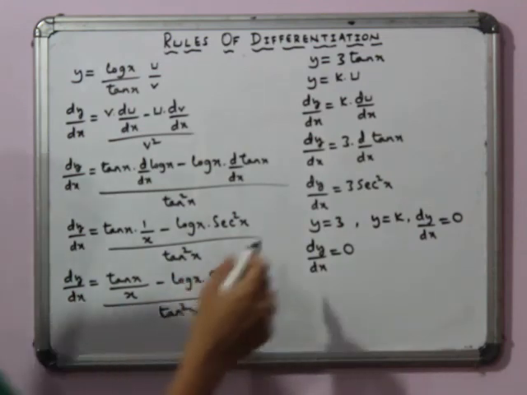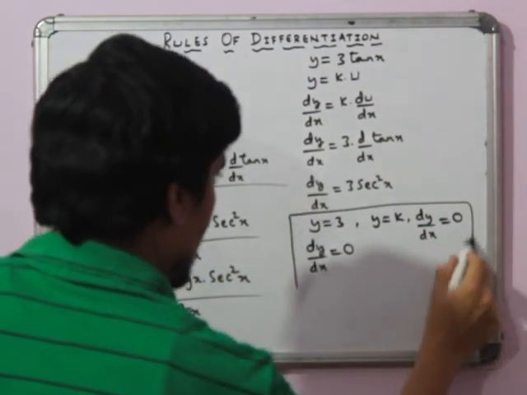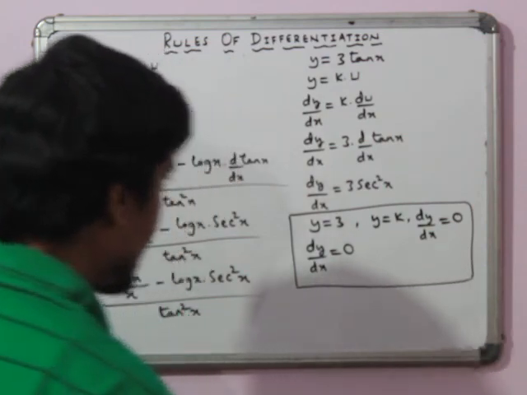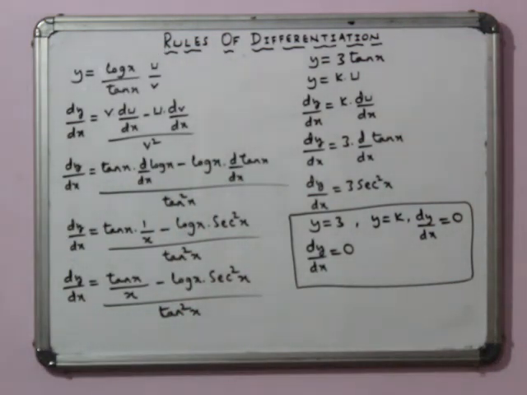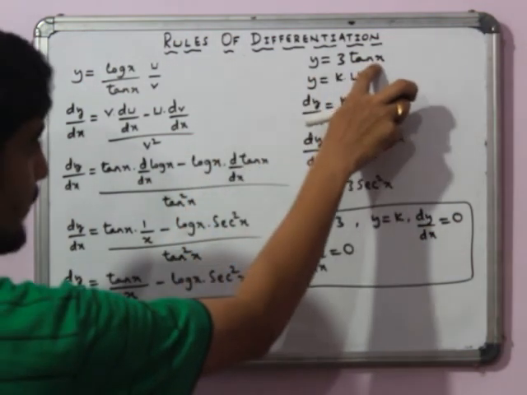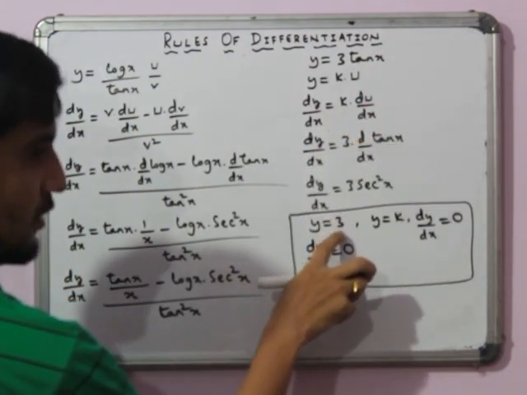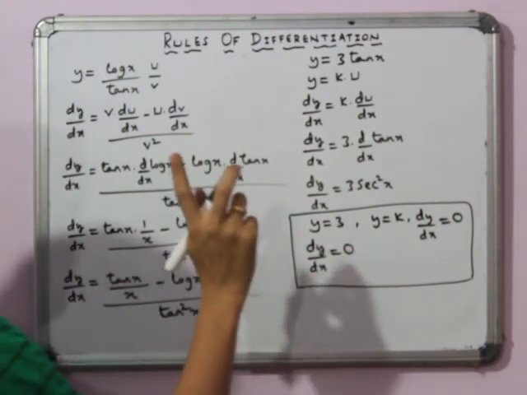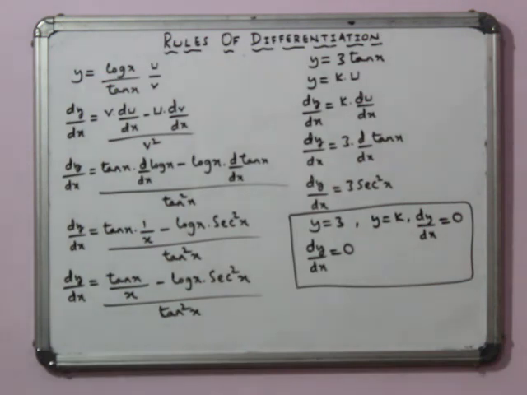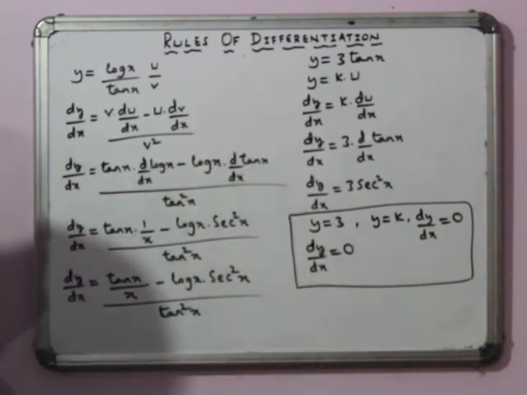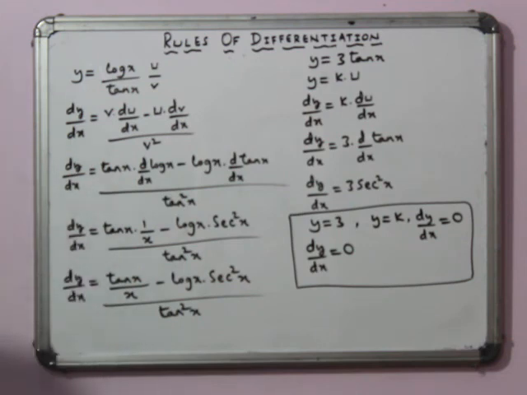So this is one important rule you need to remember, and remembering this is a bit tricky. You need more practice. As you practice, you will not get confused. When a constant is with a function, the derivative is constant into derivative of function. If a constant is written alone, the derivative of the constant is 0. Most of the time while solving problems, students make these kinds of mistakes that I have noticed. So that is the reason I am highlighting this point. Please take care when you are solving functions involving constants.